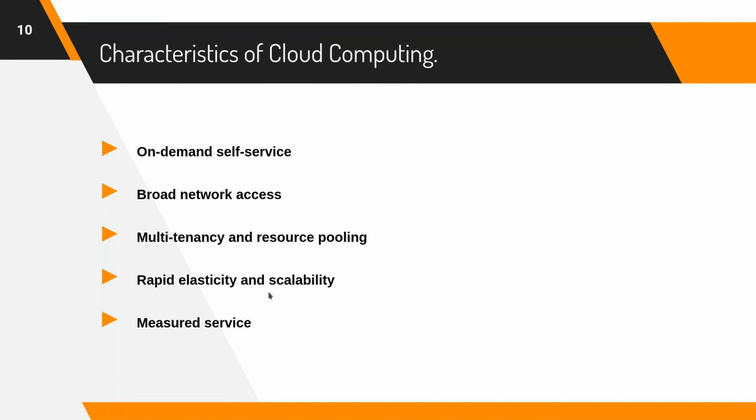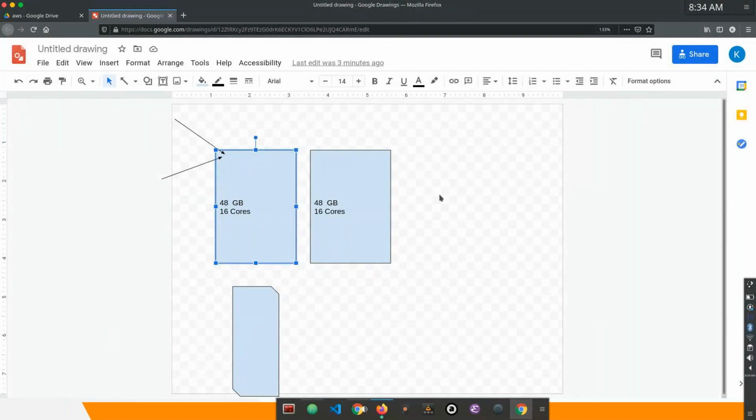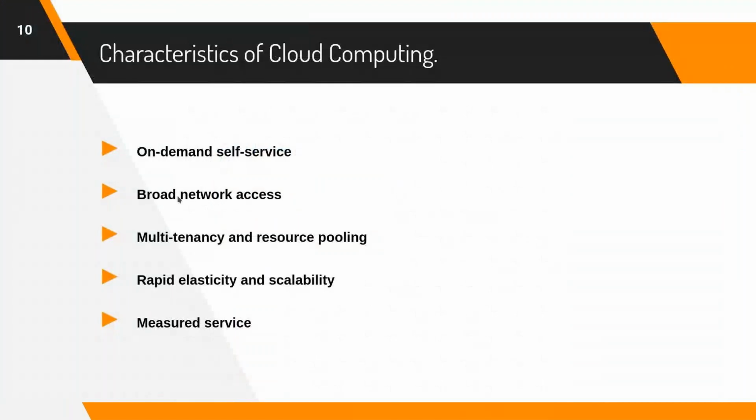But in case of cloud, in a matter of minutes, you can make your number of virtual machines, servers, from 3 to 10 or 300, in a matter of minutes, in fact. So is the case with storage. In your earlier setup, you have to buy hard disks to store your data. But here, through a few clicks, you can provision your hard drives.